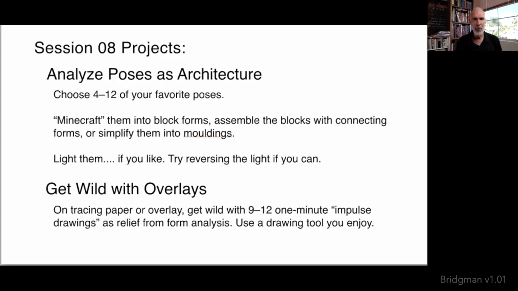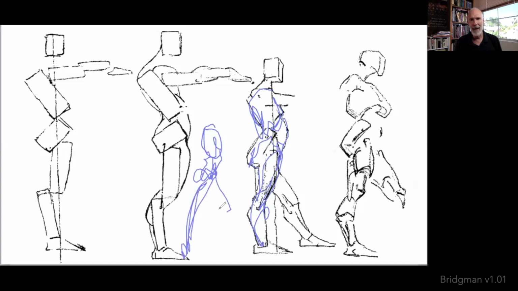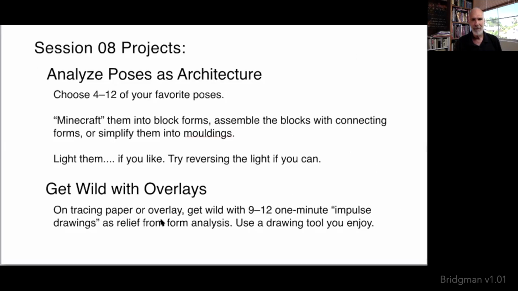Use a drawing tool you enjoy. Pick up that drawing tool and say, yeah, like that, and try to make it a continuous line if you can. If you don't want to trace, you can say, I want it to go wild, but gosh, I'm gonna pull that back there. And this is not analytical. It's teaching you to get wild. Loosen up. Have fun. This is the going back to kindergarten part. Let's go back to the assignment. If you can make it a continuous line,